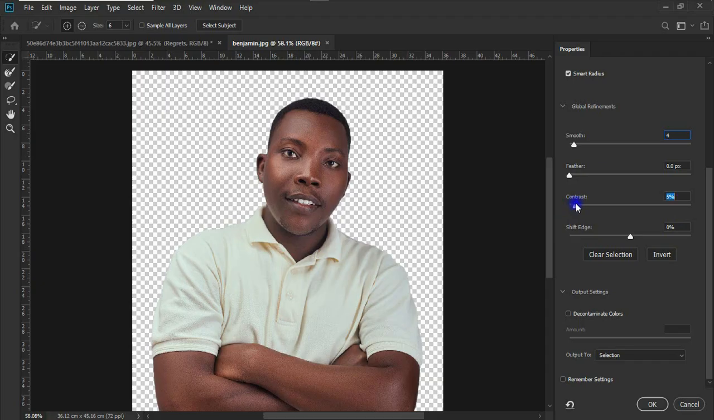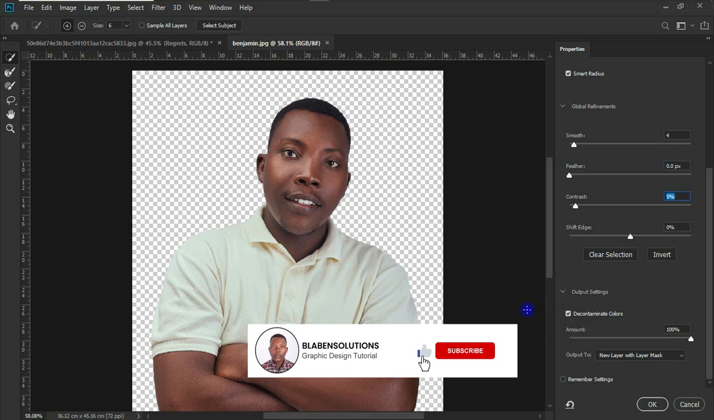Okay, so let me increase the contrast a bit. It makes the edges sharp. It looks sharp with the contrast. And we have this final checkbox over here, that is Decontaminate Colors. Check it. And what I've noticed this thing doing is that normally after